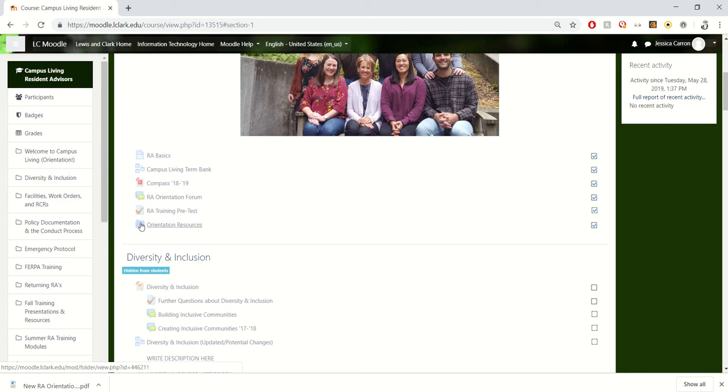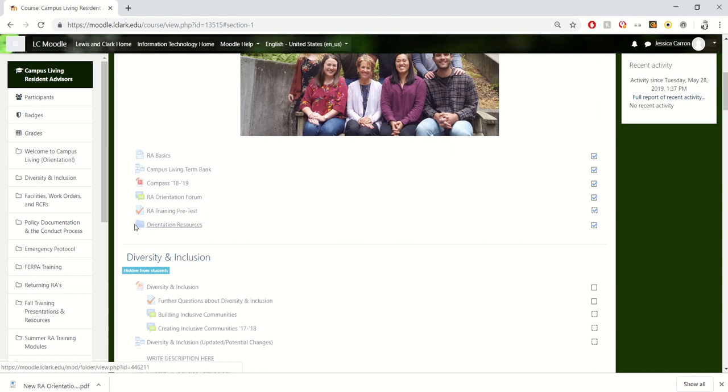And then this final icon here, this little folder, means that there's a resource folder. Every section of training in this Moodle will contain a resource folder. And why we have that is so that we could pare down the trainings to make them more basic. And then any additional information that we think that you'll find helpful, but not necessarily needed in order for you to progress in your training will be located here. Or maybe there's old presentations that are great that we think that you might need, they'll be there.